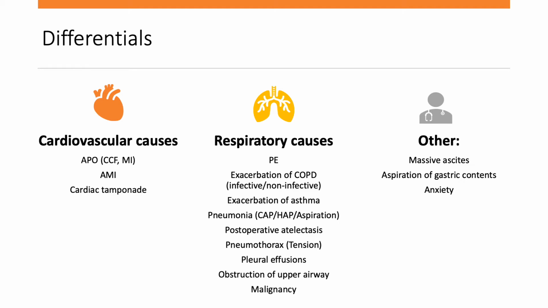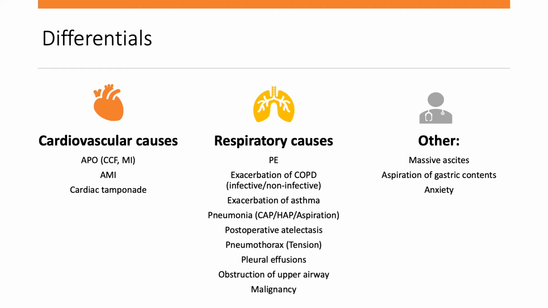As you are going through your history and examination and then starting to work up towards what investigations you want, it's really important to have in mind your list of differentials. And again, having a systematic approach to that will be very helpful and ensure you don't miss out on anything. So what I like to do is divide it into cardiovascular causes, respiratory causes, and then other causes. And you can divide it up however you want, really, as long as you ensure you're keeping track of